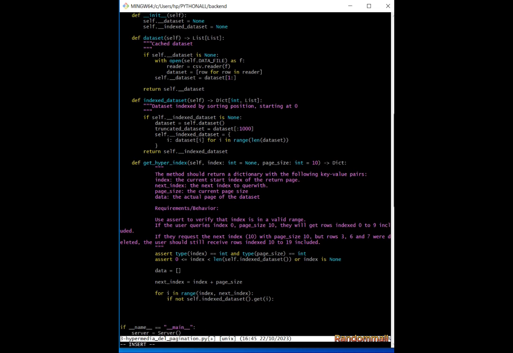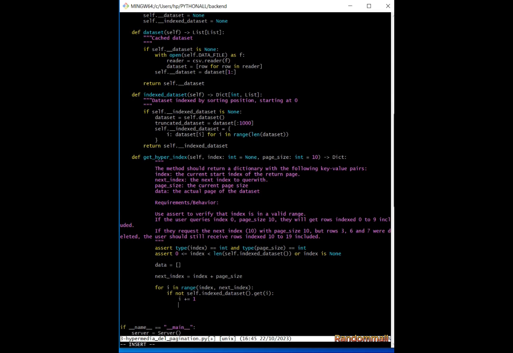And if it has been removed or deleted, we increment i by 1, skipping it, and then we adjust the next index, because if a row has been deleted, we don't need to hold on to it. Assuming the page is supposed to be 20 items,